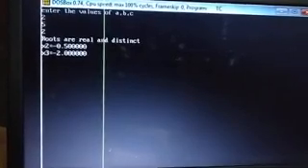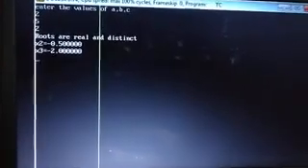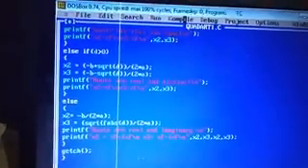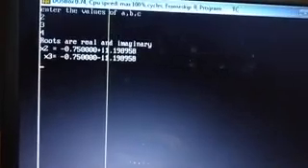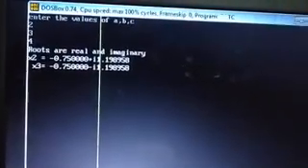Now I will run the program. Run. Enter the value of A, B, C. Let me take 2, 5, 2. I am getting the value as roots are real and distinct. Now again I will check for another value. Let me try again, for roots real and imaginary. I am trying 2, 3, 4. I get it as roots are real and imaginary.